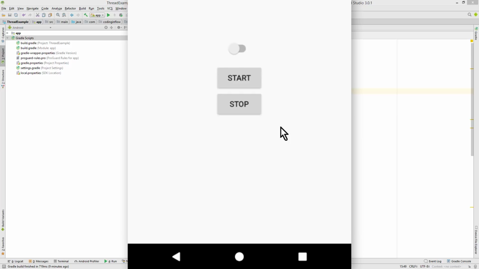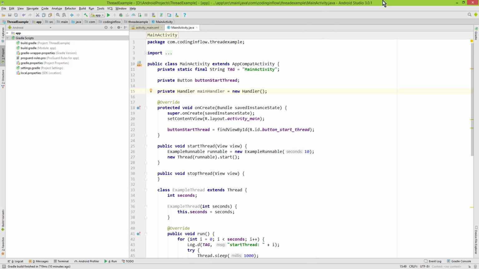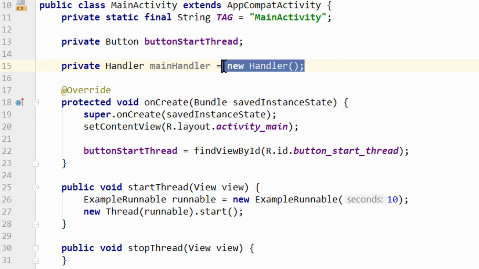This message queue contains packages of work to be done. So everything we do, like changing a switch or clicking a button, gets put into this message queue and then executed sequentially. The looper loops through this message queue, and this way the thread is kept alive and doesn't just finish when its work is done. And one responsibility of this handler class is getting work into this message queue. And by default, it's associated with the thread where we instantiate it.